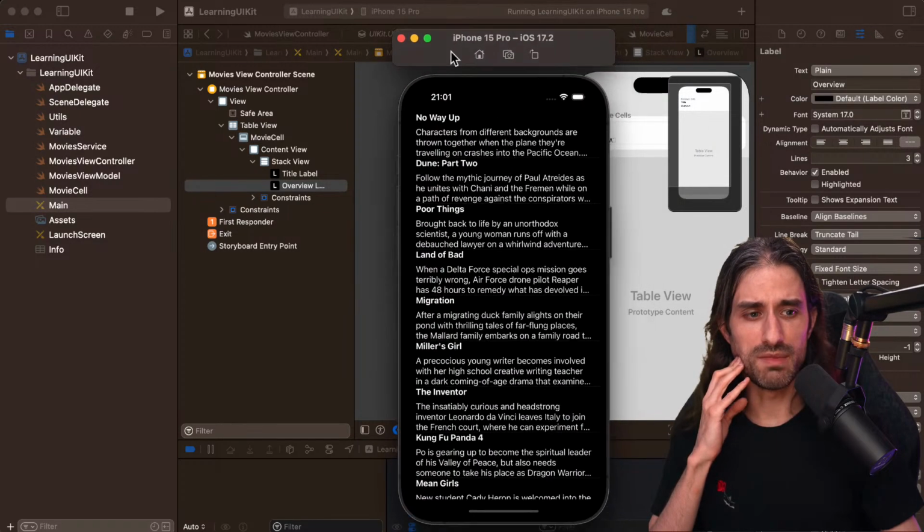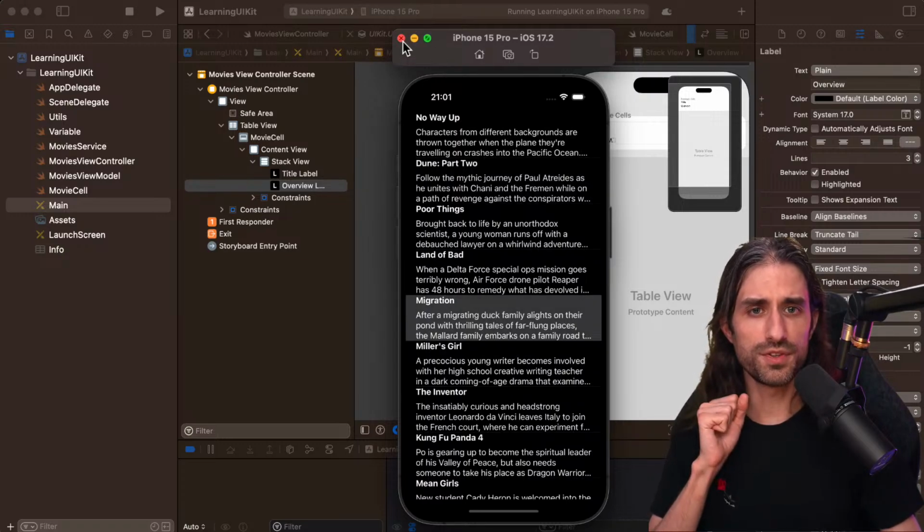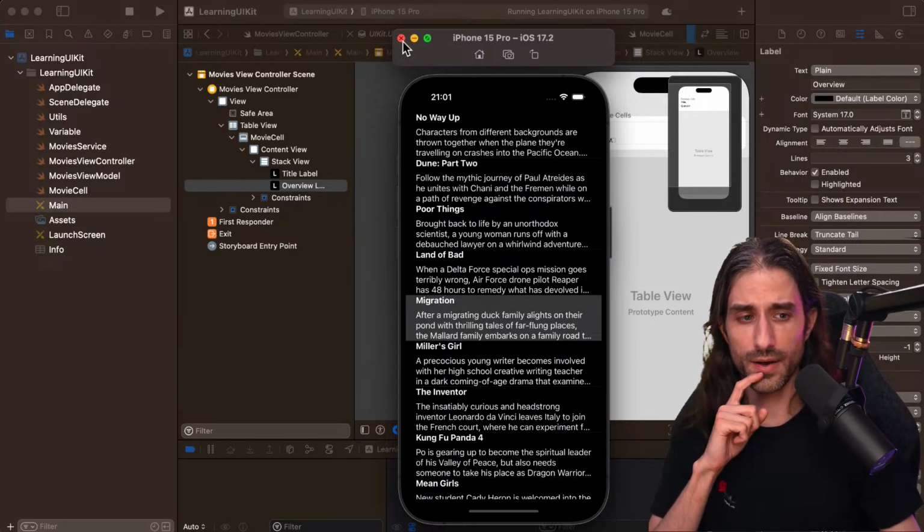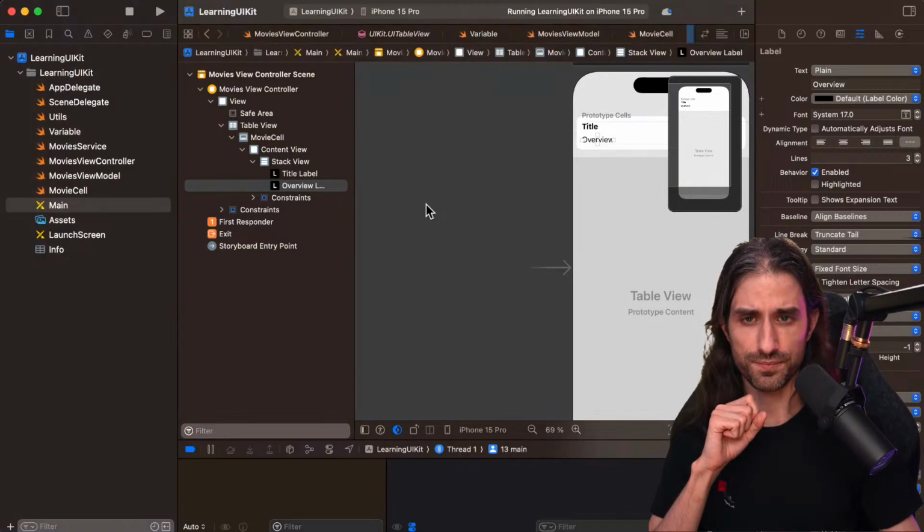Before we move on to implementing navigation to a detailed view, you can also see that, as I was saying, when you select, you have the selection state being handled for you by the table view. So I wanted to show you how to handle views programmatically.